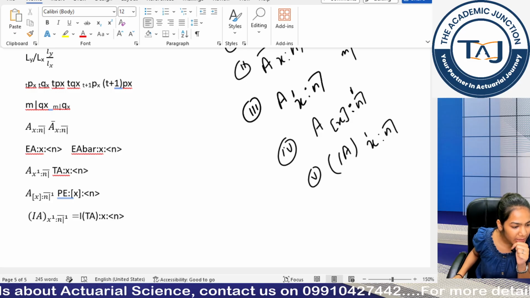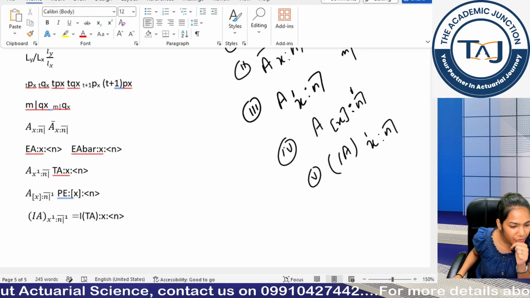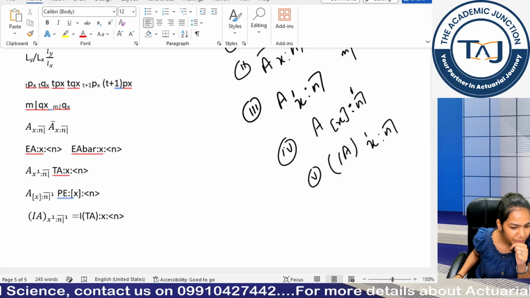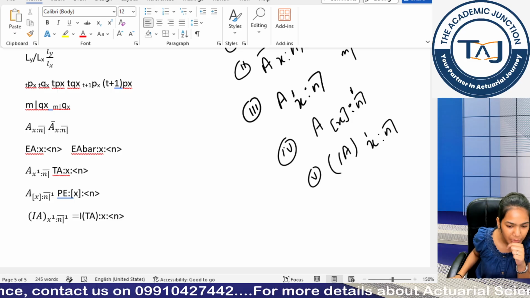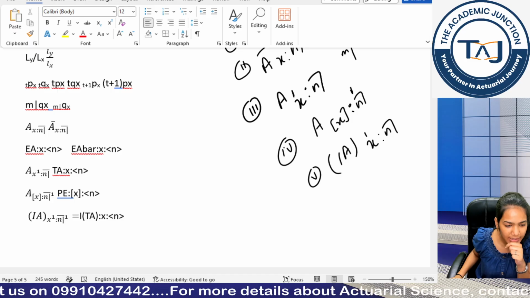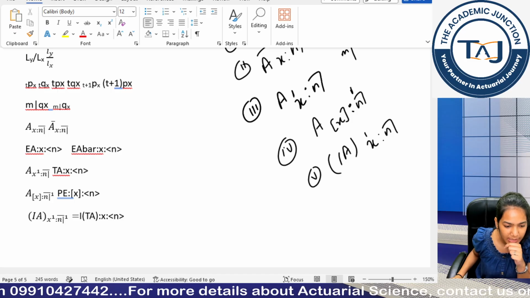Or if you want any particular notation repeated, you can also tell me quickly, guys. Okay, Mithun done, Harshita done. What about you, Krishna? Okay, so I am assuming this is done. So let's move forward to annuities.